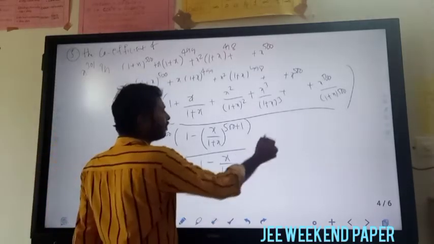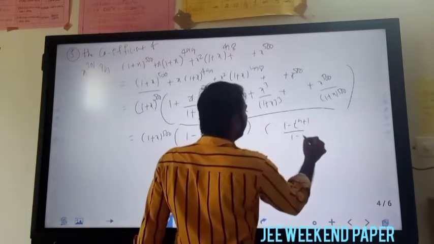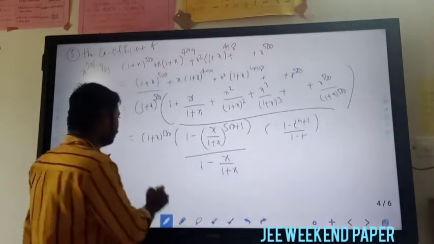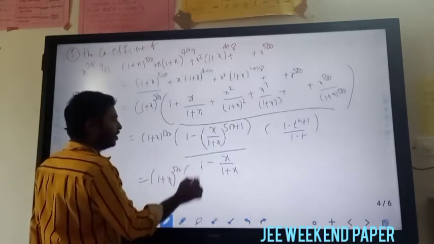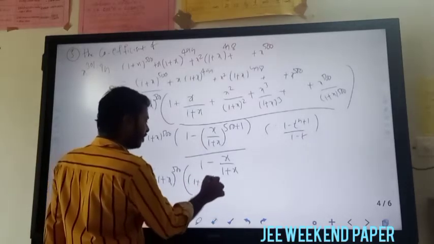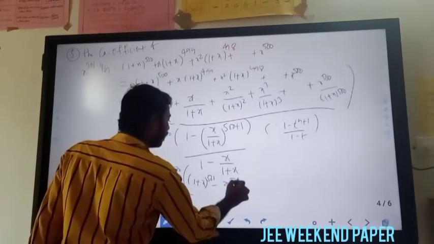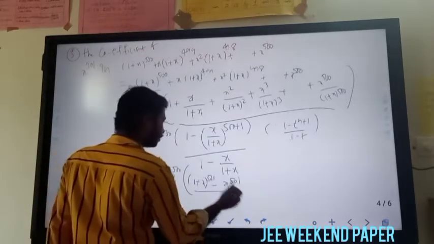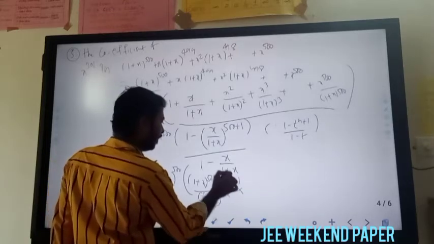Now this can be written using the formula 1 minus 3 power n plus 3 by 1 minus 3, and by doing simplification we get 1 plus x whole power 501 minus x power 501, 1 plus x whole power 501 into